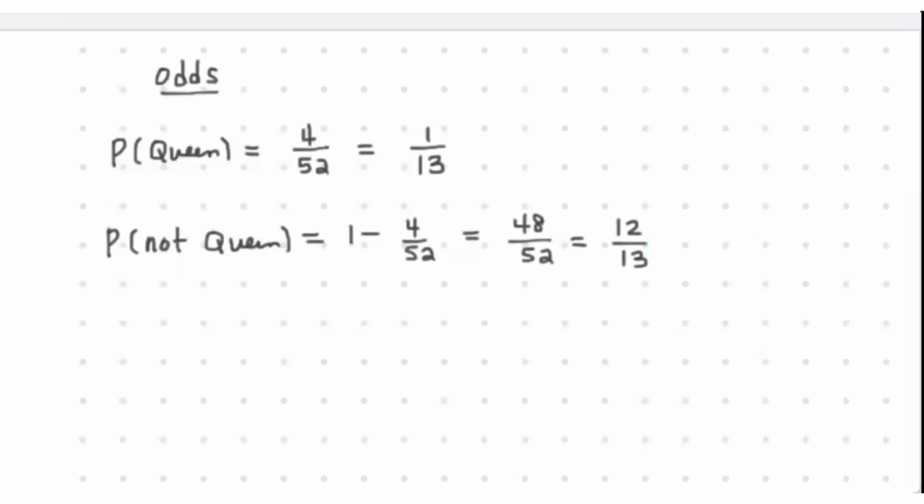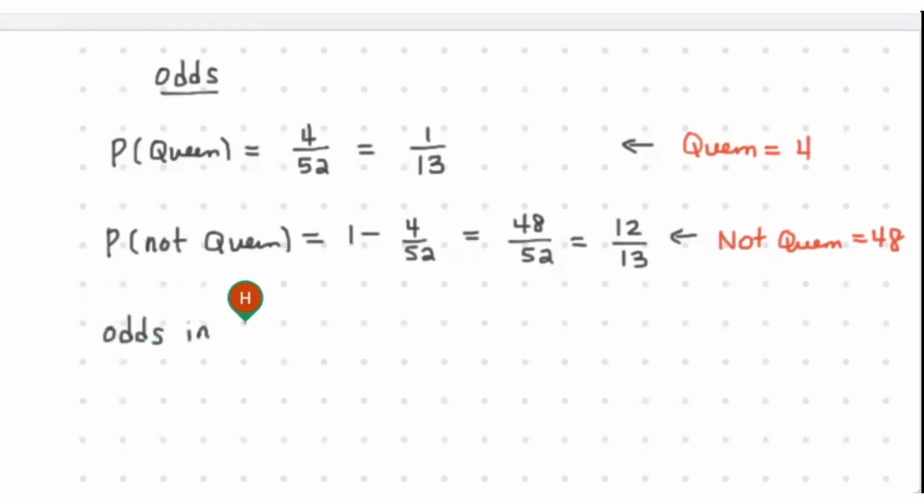So the point from the probability of queens: how many queens? That is 4. And how many are not queens? That is 48. That's what we know. Are we okay with this? All right, now I want to move one more step. Okay, odds